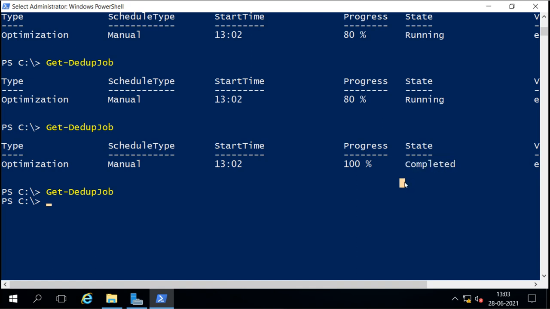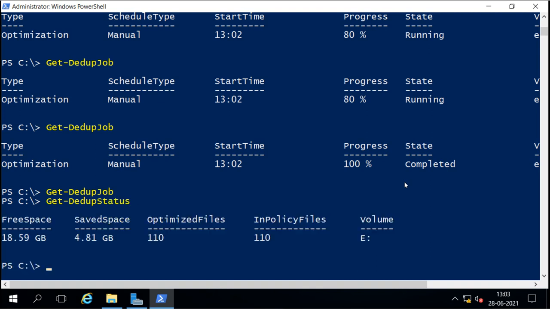Now we can check the status here. The status is saying that it has saved 4.81 GB of space, and 101 files were optimized.